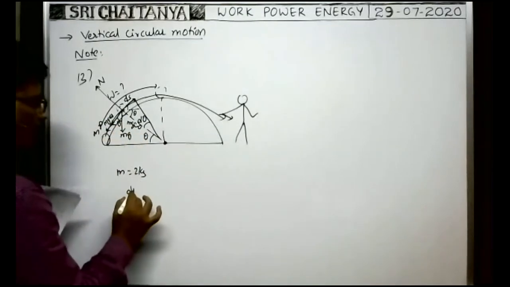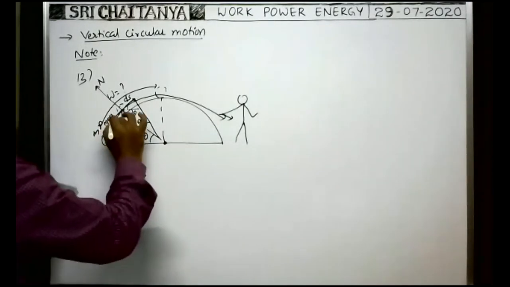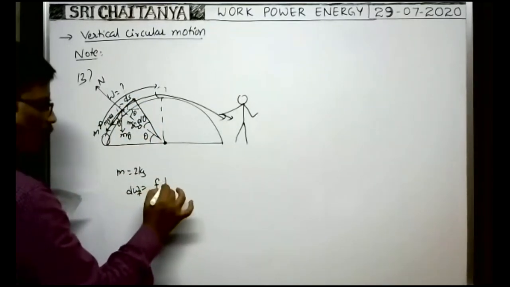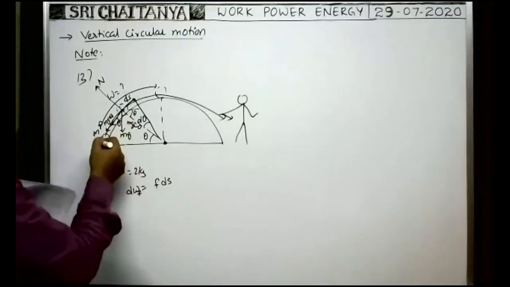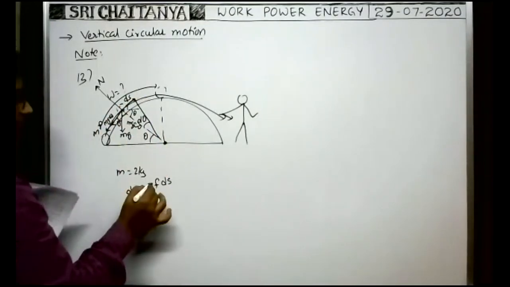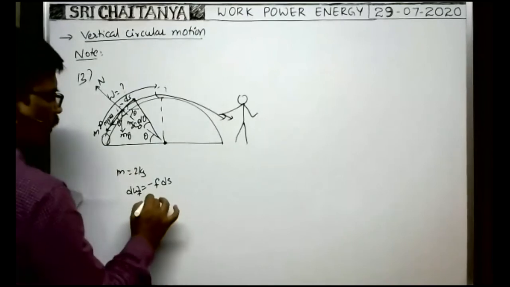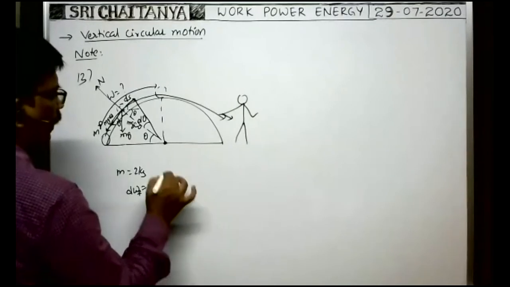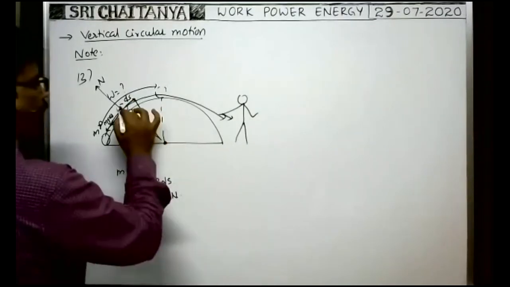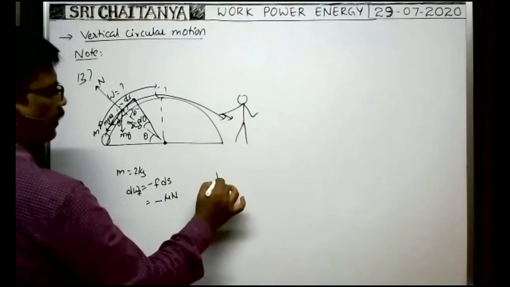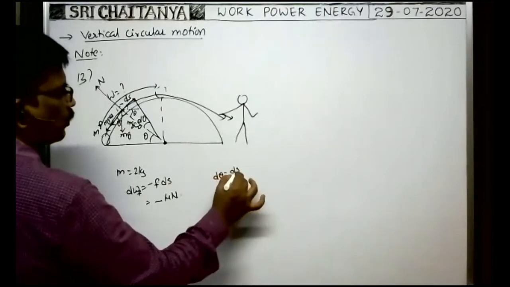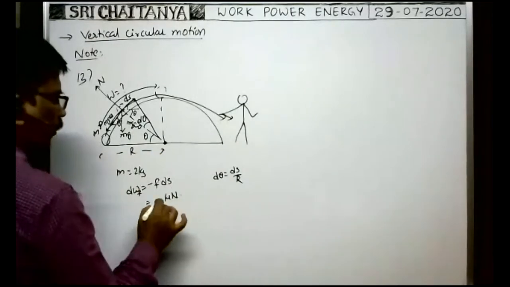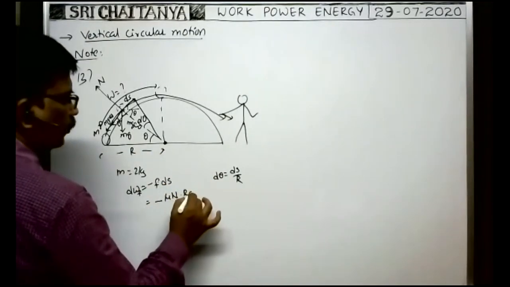So the work done by friction for the small displacement ds is equal to friction force into small displacement ds, but friction is in this direction and displacement is in the opposite direction. That's why we have to write minus. So this is equal to minus, friction force, mu into normal reaction, into the displacement. The angle subtended by this small displacement at the center is d theta, which is equal to ds by the radius of the hemispherical surface, say r. Now ds we can write as r d theta.